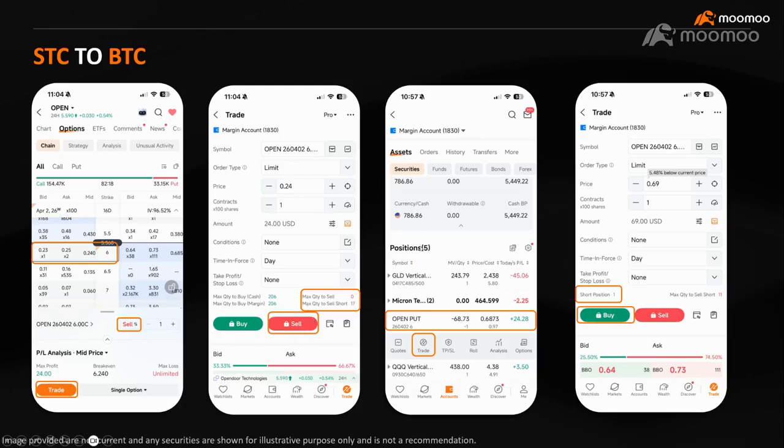Once I have sold the contracts already, it will appear -1. So if I say I want to close this position, I already have a profit. Then I'll just do what? I just click trade. In this case, I will check how many short positions I have. 1. So if I want to close my position, I do what? I sell to open at the beginning, then I buy to close.